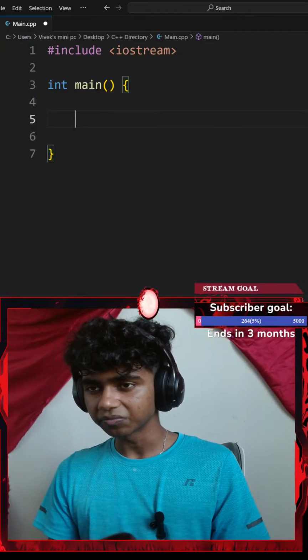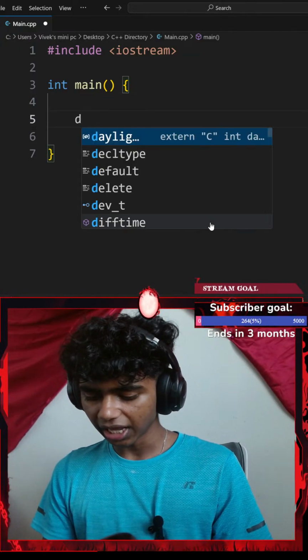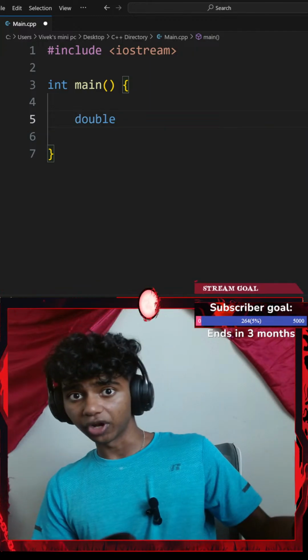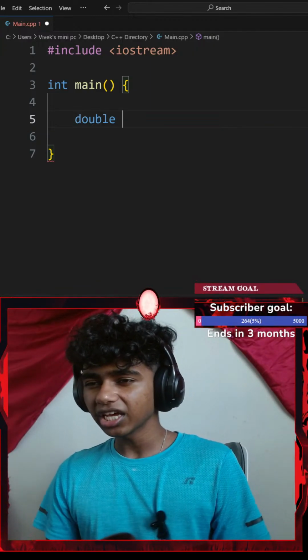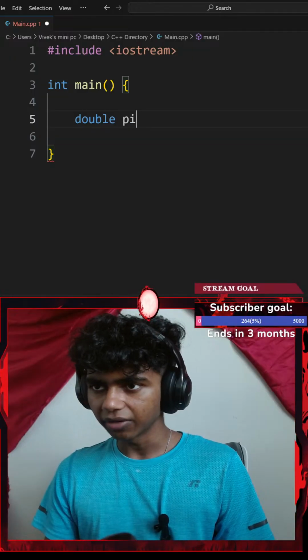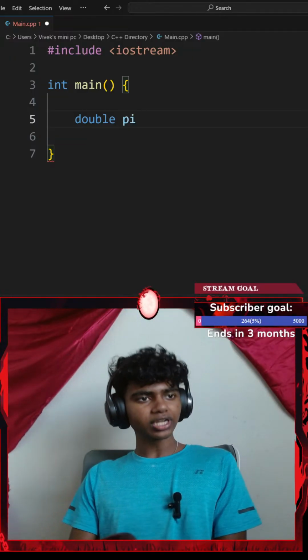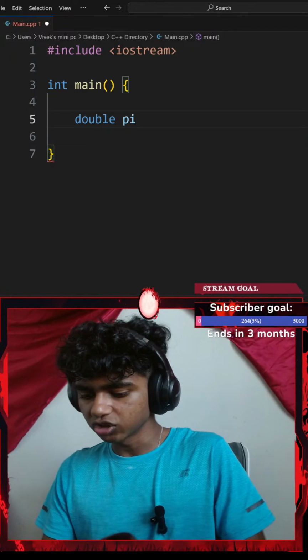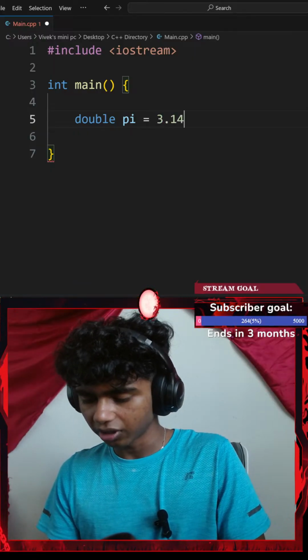And then let me go ahead and add a double. A double is basically a floating point number. My double is going to be pi, which is the double number, for example 7.9. So pi is going to be equal to 3.14.